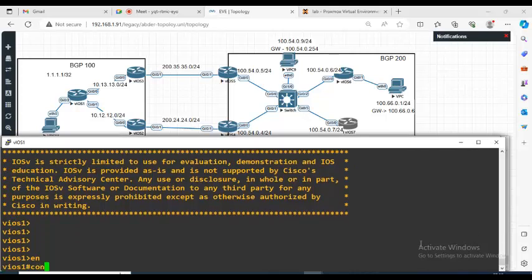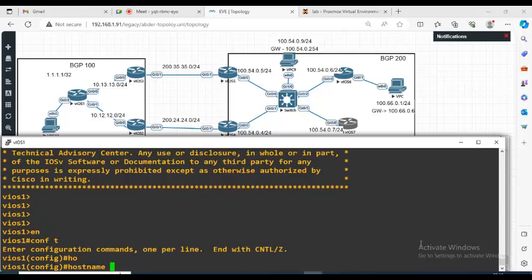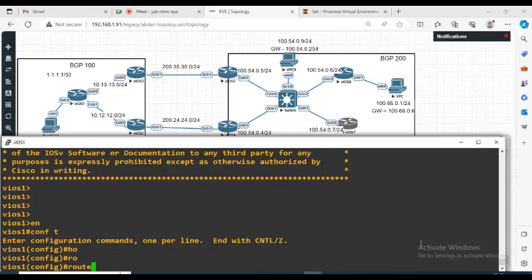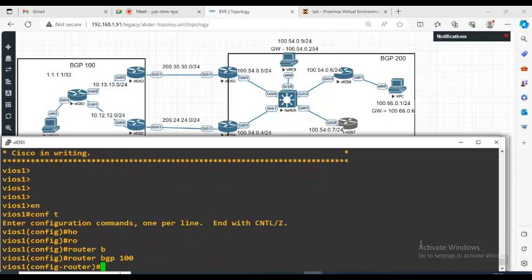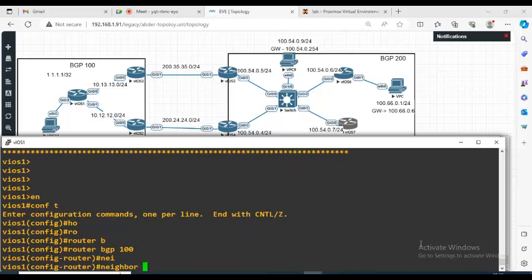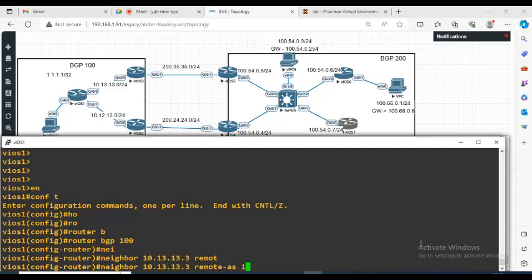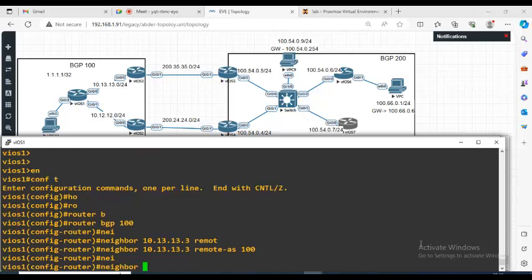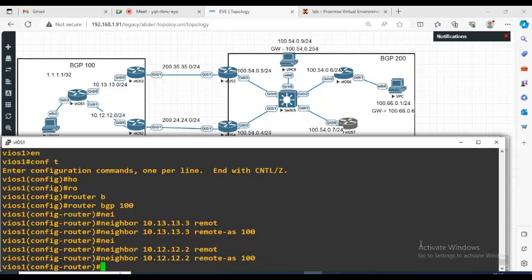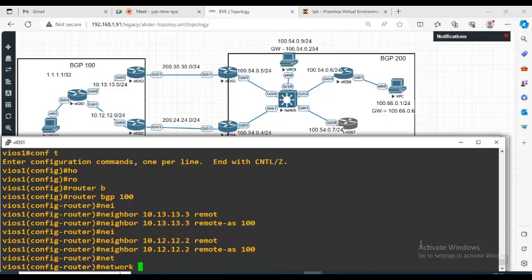Enable, hostname. Router BGP 100, neighbor is 10.13.13.3, remote AS is 100, neighbor is 10.12.12.2, remote AS is 100, and the network that I would like to advertise is